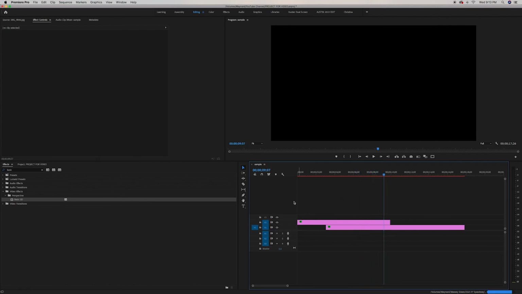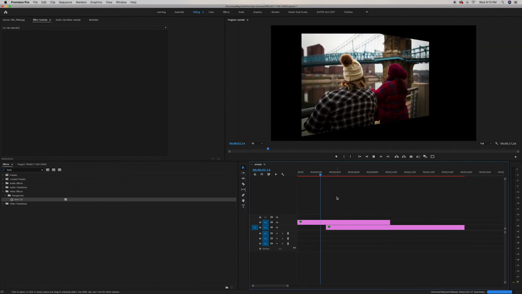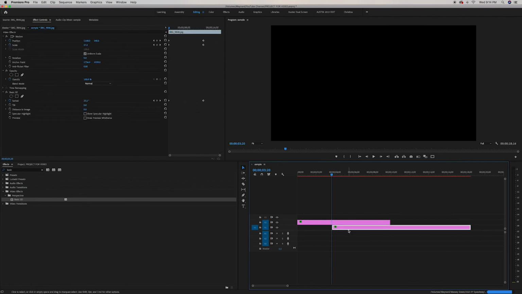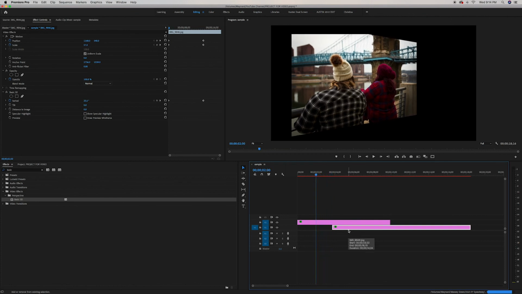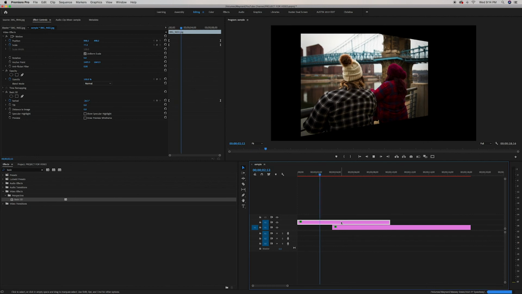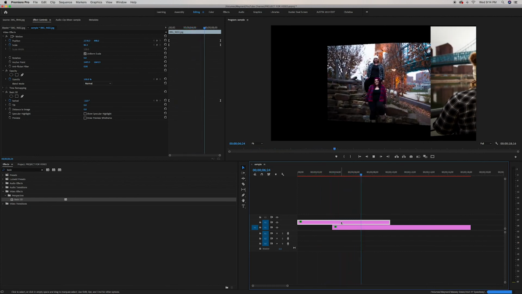But let me turn on my video one layer real quick. So you can see the video, the other photo you kind of saw pop up there. And what I did before was I did all my animation with the first layer, and then I added my second layer later. But something like that,